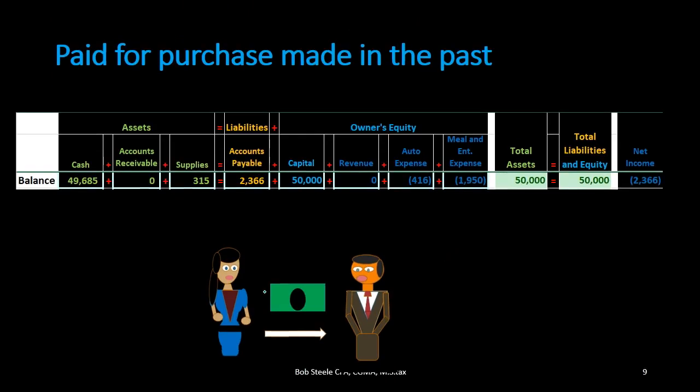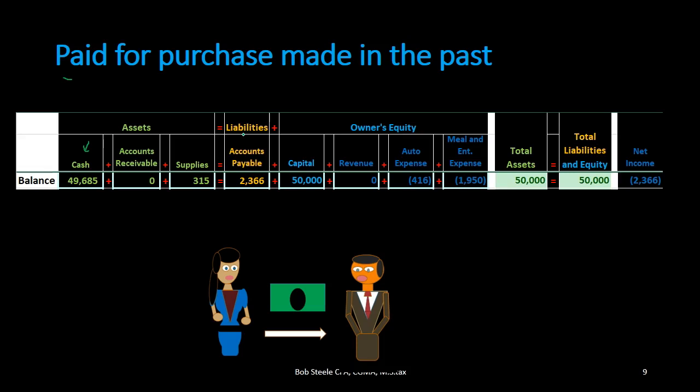Next transaction, paid for purchase made in the past. Is cash affected? We're going to say yes, cash has been going down. Key term here, paid. Anytime we see paid, we're going to decrease cash. Other side of the transaction, we bought something, but we don't know exactly what it is. So you might think it should be some type of expense or something, but we bought something that we purchased in the past. Often it'll say on account, and that means accounts payable in this case, meaning we're paying off